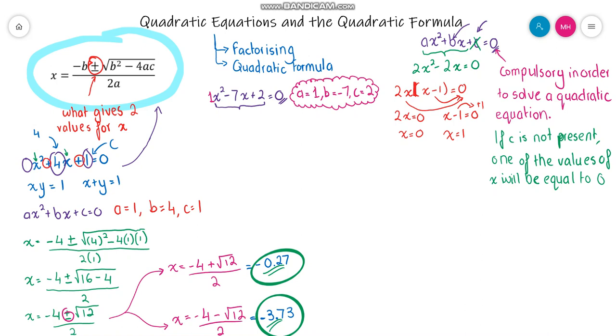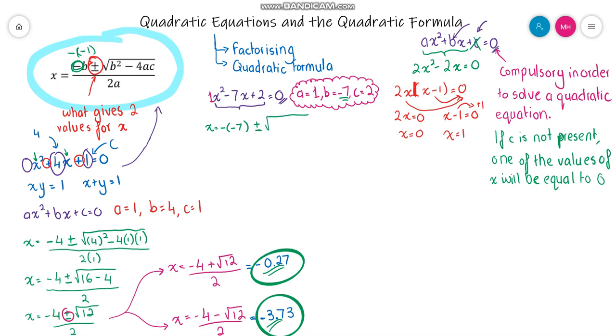So we'd get x is equal to minus B, and this is a common mistake which many people make. The minus is not part of the B. It's separated from the B. So if B is a negative value, let's say negative 1, then you have to write it like this. The minus doesn't come with the B. Therefore since B is a negative value, you have to write minus negative 7 plus or minus the square